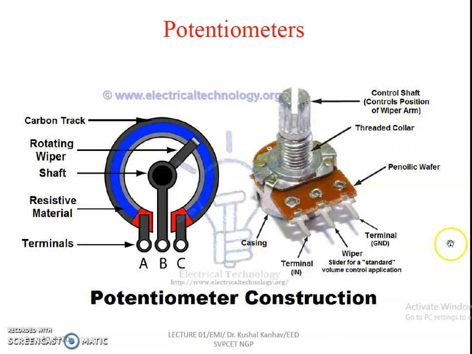This is potentiometer. This is a very common resistance that you have used in laboratories. It has got three terminals. A and C are fixed terminals and B is a variable terminal. So depending on the position of this wiper, the value of resistance changes. As the wiper is close to part A, the value of resistance will be very less. And if it is towards part C, then the value of resistance will be maximum. This is the image of the potentiometer, how it looks.